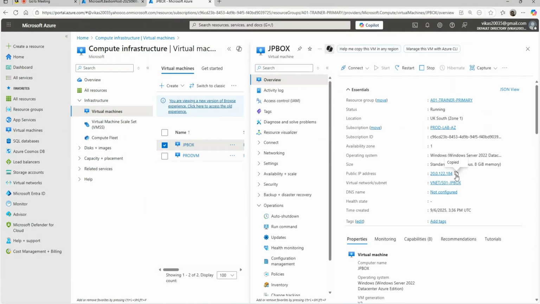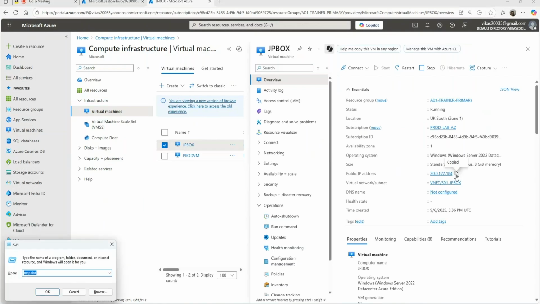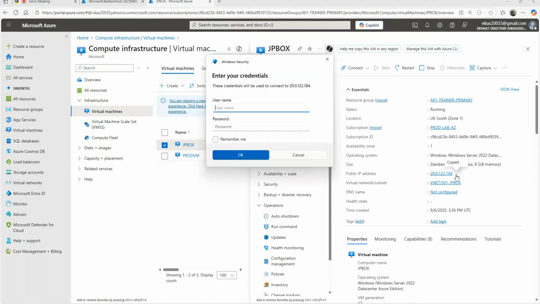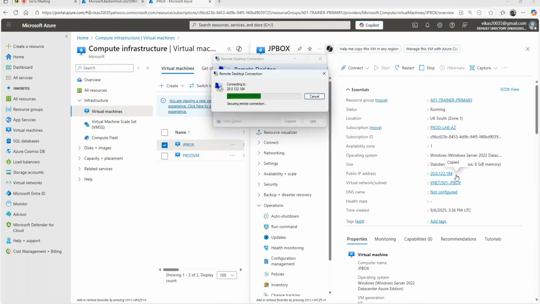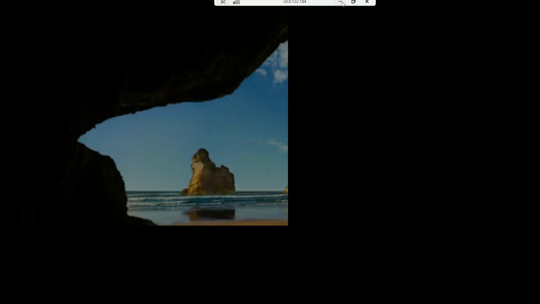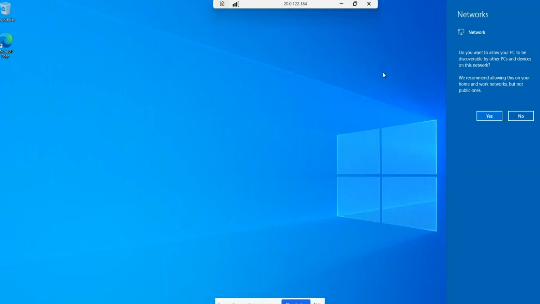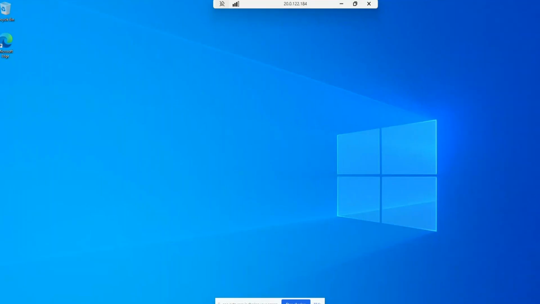So first, log in to the jump box. Copy the public IP. Run mstsc, RDP. So first is the jump box. Any guess what should be the IP for my second VM in my second subnet? Now this is my jump box.